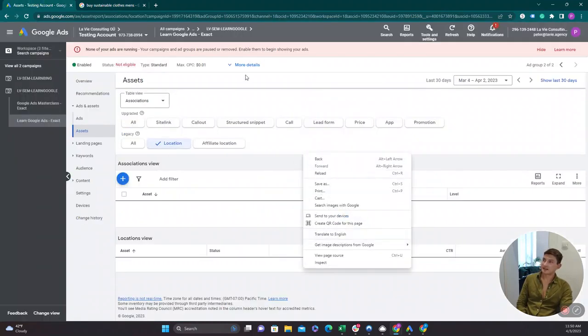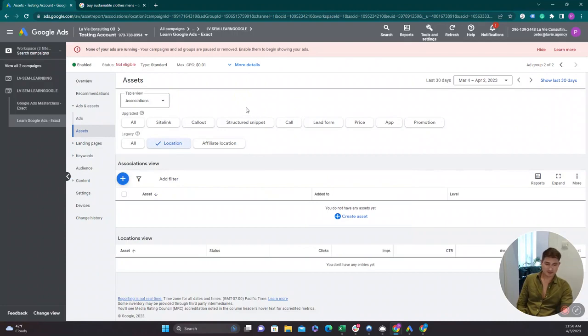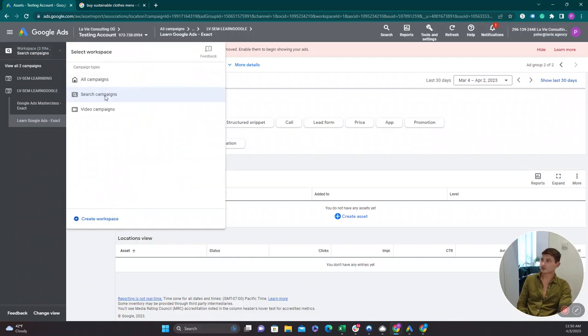And that's pretty much it on the extension side, but just make sure that you have complete ads and make sure that there is at least more than one of them. So that is the 8th and the 9th thing that I would look at. The very last thing that I would leave you with is check to see if you have Performance Max campaigns running. You'll see here I do not, because again, it's a test campaign,